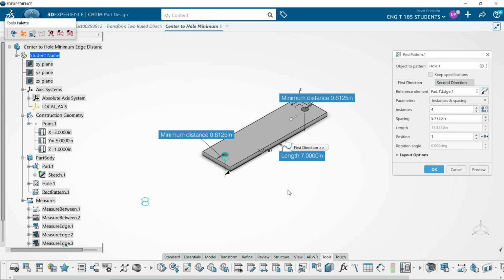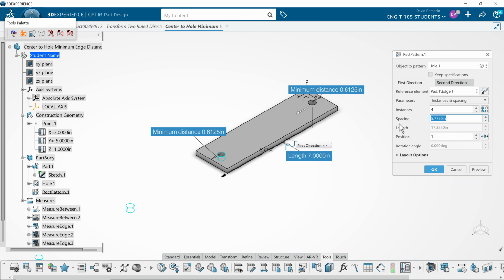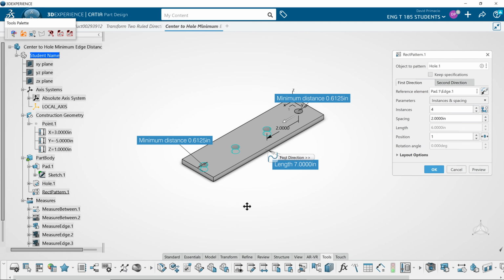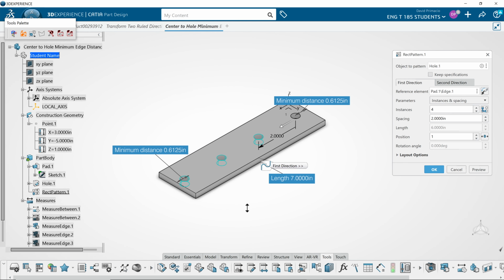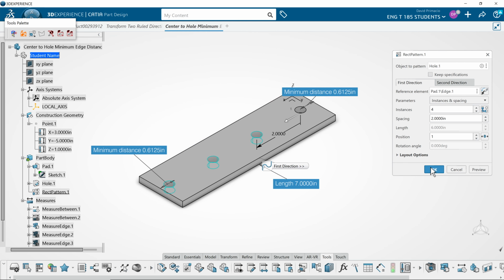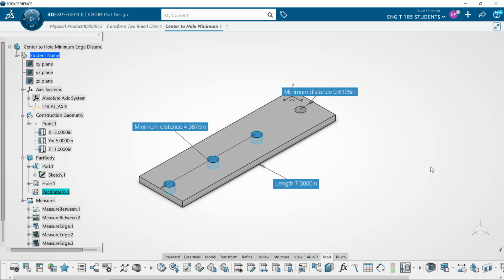So I'll change my spacing to 2 inches. Take a guess at it. Man, was I just lucky or what? When I select OK, the problem is it doesn't recognize this hole as the last hole anymore. It recognized the hole it had originally, the second hole. So what I have to do is delete that,